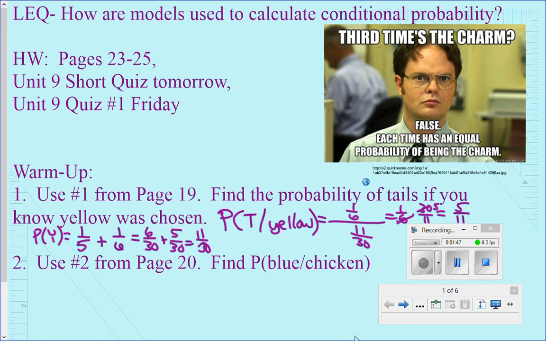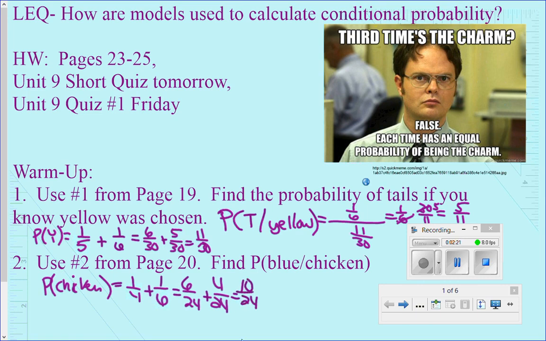Next, from page 20, the chicken and the blue. So finding the probability of blue given chicken, I need the probability of chicken first of all. I'm going to go to my diagram, which again, we did that yesterday, and I'm going to find the spots where chicken is. So that's 1/4, or the other chicken is 1/6, so or means add, and getting a common denominator, so 6/24 plus 4/24 gives me 10/24,